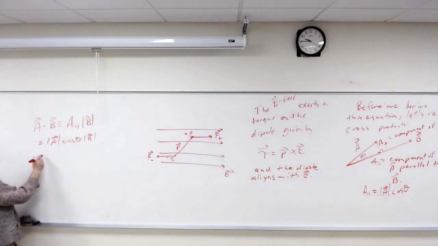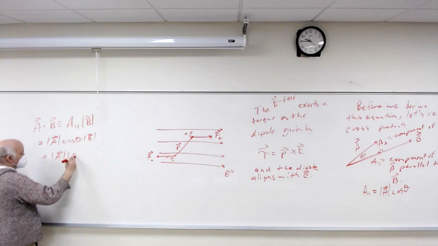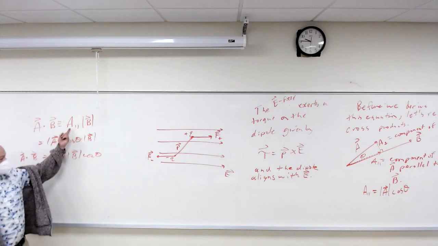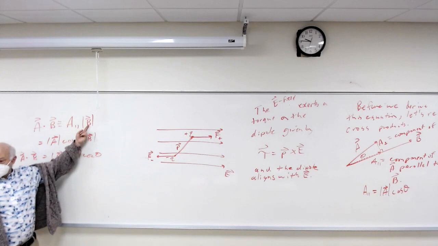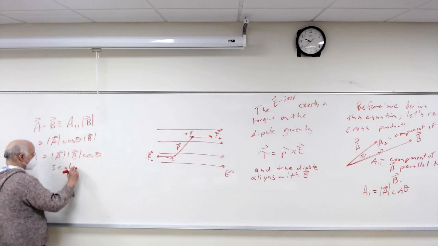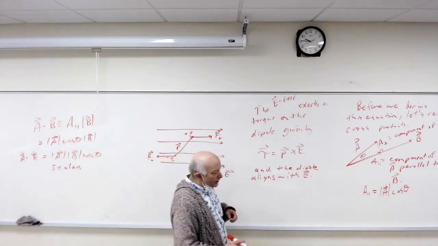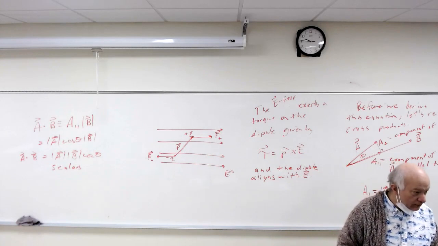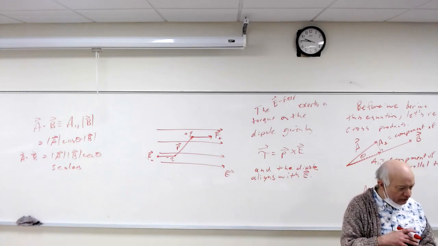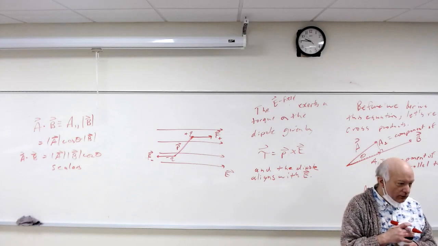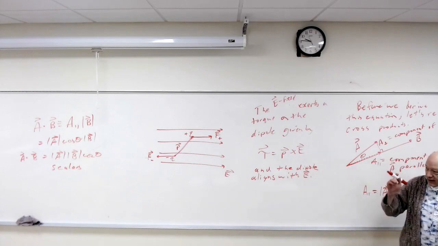But you never see it written like that. You really see it as A B cosine of theta. But what it is, is the parallel component of one vector along the other. That's fundamentally what it is. When you do these things, these are always scalars. So when you do a dot product, what you better not end up with in your answer? You better not have your i, j's and k's in there. If you do, that's fundamentally wrong. I know there are some mathematicians, if you left i, j's and k's in your dot products, it didn't go well. So just don't do that. All right, so that's a dot product.